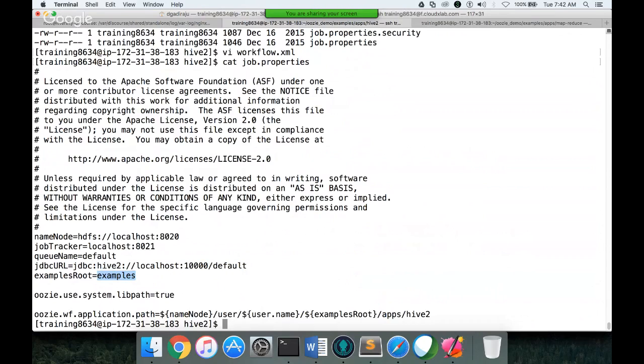This is the directory name or parameter name which is used as part of the properties itself. You can see this examples root is used here. So this will be automatically replaced with this value. So as per this job.properties, the Oozie workflow application path is,